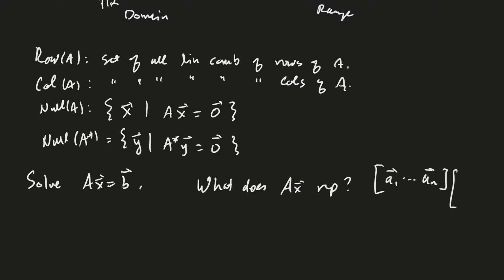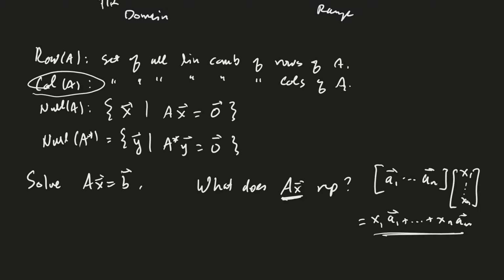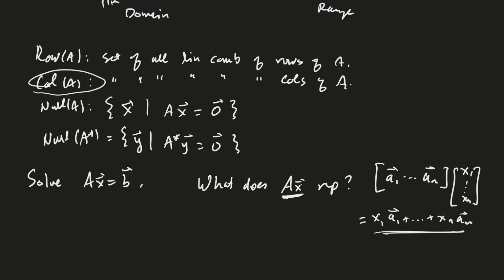A times X is a linear combination of the columns of A. Where have we seen linear combinations of the columns of A? Column space of A. Therefore, AX equal B